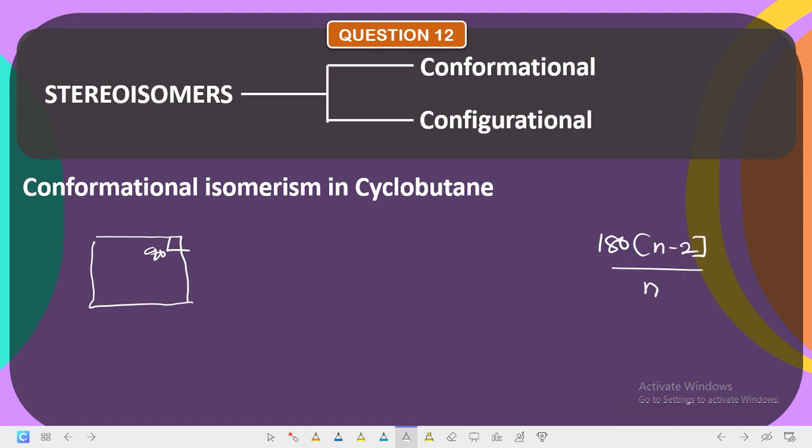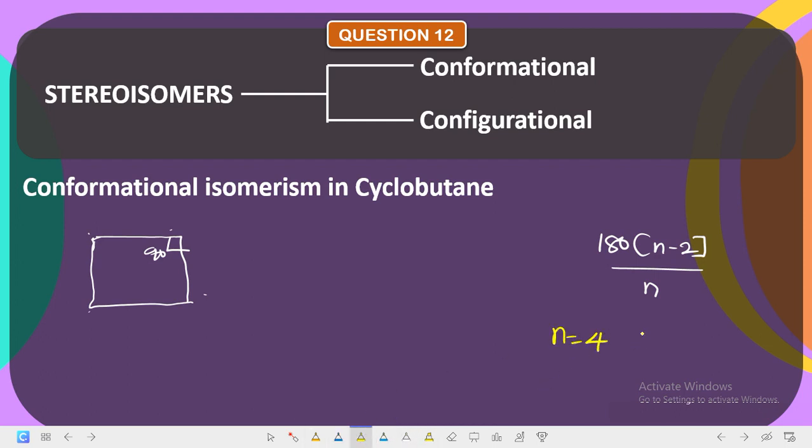Now the reason why you ought to just know this formula is because when you get to the exam hall, sometimes they may say explain the conformational isomerism of cyclobutane in relation to their angular strain and which is more stable and which is not stable as compared to each other. Now let's look at cyclobutane. How many angles does it have? How many carbons does it have here? 1, 2, 3, 4. It means that in this compound our N is equal to